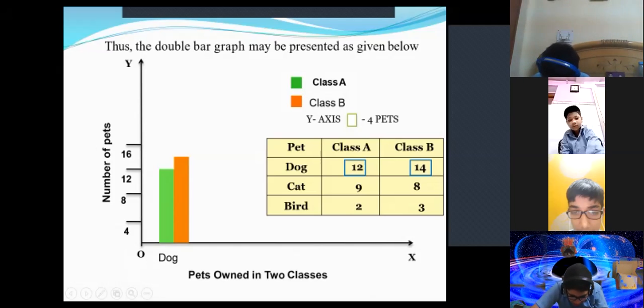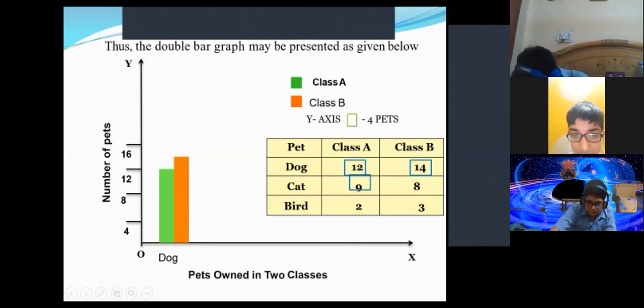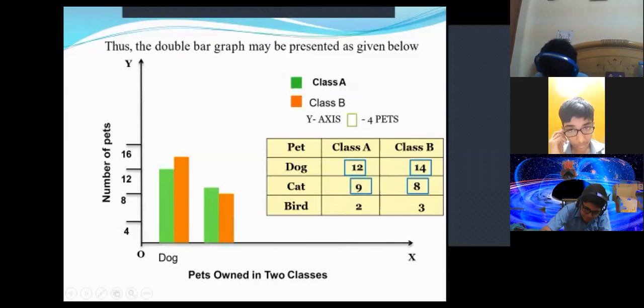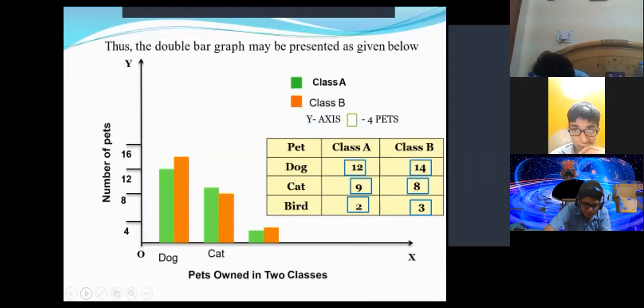And we are going to write the word dog here because this green and yellow, both are meant for one category only, dog. Then next value is 9. And then next value is 8. Adjacent we have to draw, and in between two categories we have to keep one box blank. Cat, then bird, 2 and 3, like this.